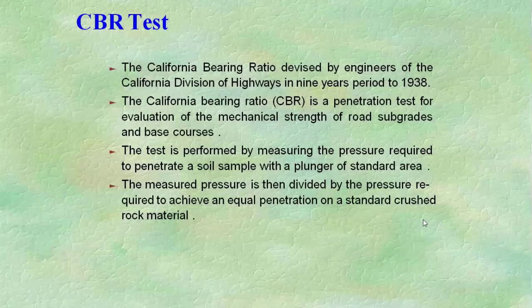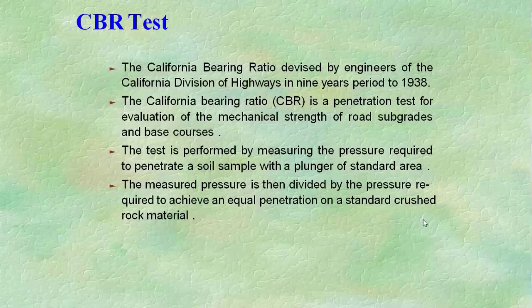Basically, the California bearing ratio test was developed by the California State Highway Department as a method for evaluating the strength of the subgrade soil and other pavement material for the design and construction of flexible pavement. The CBR test results have been correlated with the flexible pavement thickness requirement for highways and airfields. Being an empirical test method, the CBR test result cannot be related accurately with any fundamental properties of the soil or pavement material tested. The CBR method of the test has also been standardized by the Bureau of Indian Standards, that is BIS.